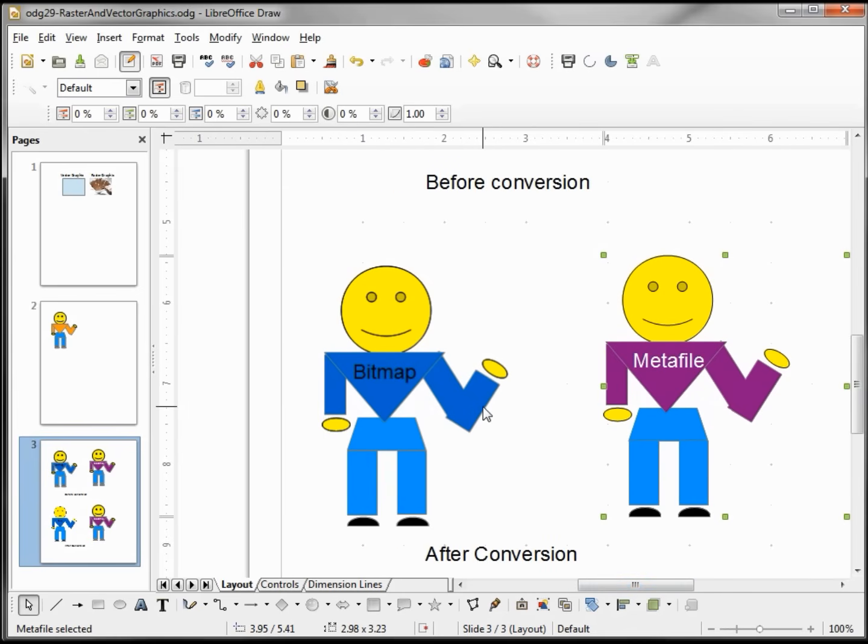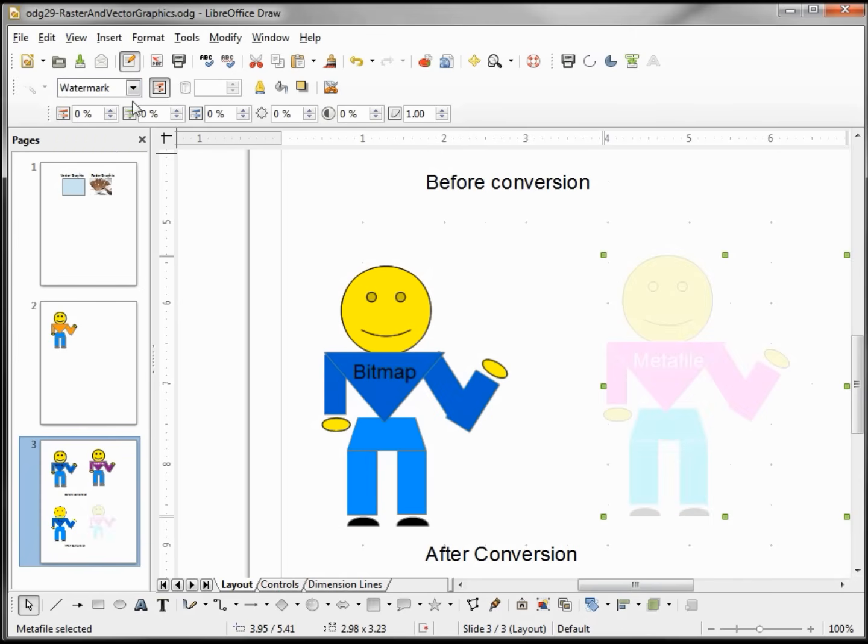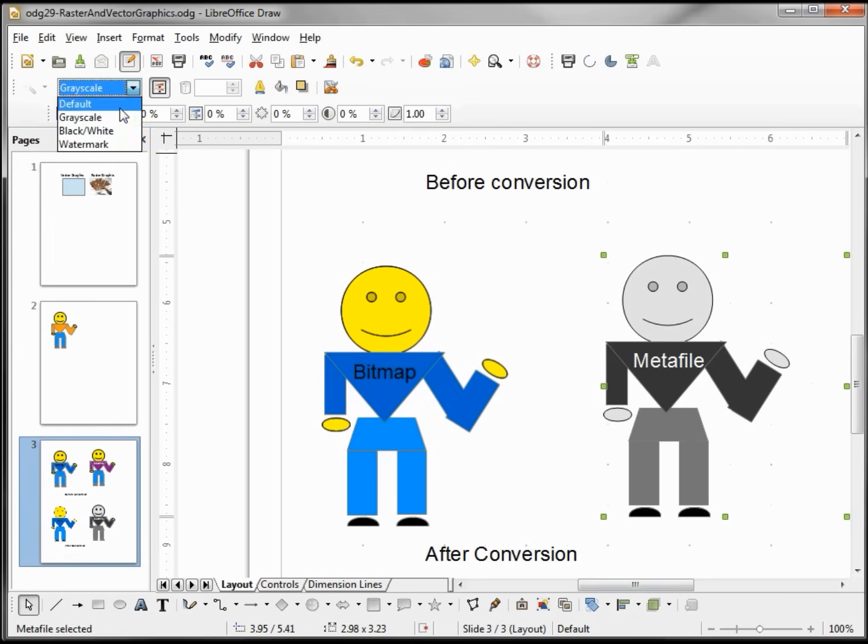This is our after conversion. And the bitmap here, and actually all our lines, seem just a little bit blurrier, whereas in our meta file, they seem a little cleaner and clearer, easier to read. Clicking on our meta file, going up to our picture toolbar, we notice that our filter of effects is unavailable. We still have the option of changing this to grayscale, black and white, or making this a watermark. Those all seem to work okay. Our color toolbar seems to work okay. But our transparency does not seem to work.